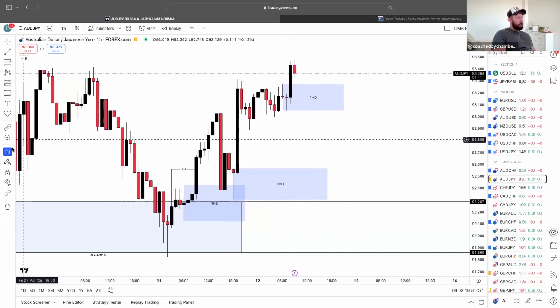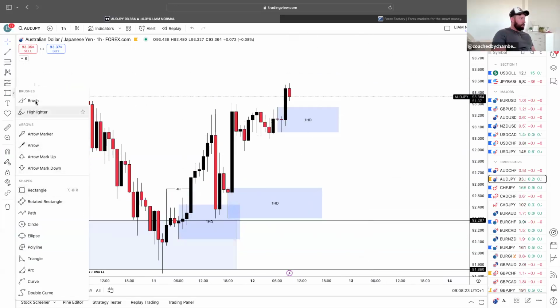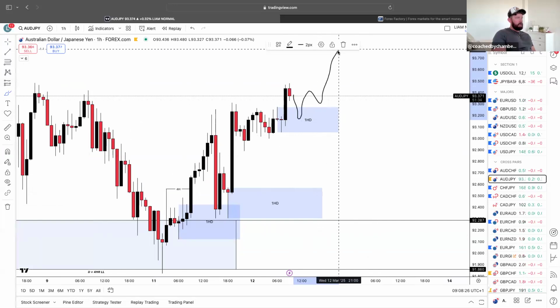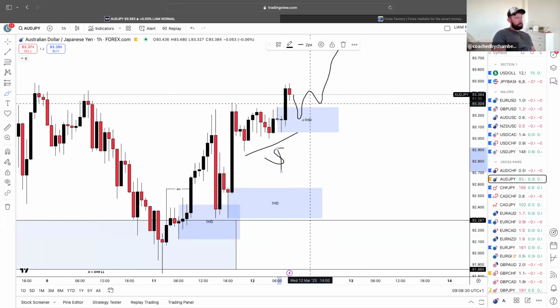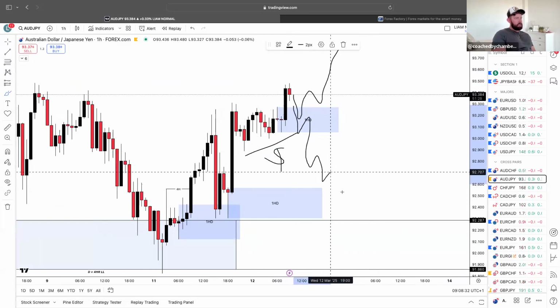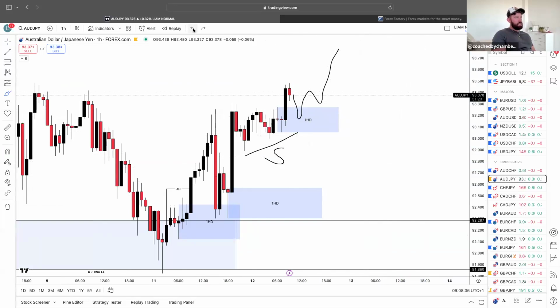If the bullishness doesn't want to stop, we're just going to carry on upwards from here. If we don't, we could use this as liquidity, and then we could see the market retrace and then carry on upwards. So interesting day with CPI to see what's going to happen.